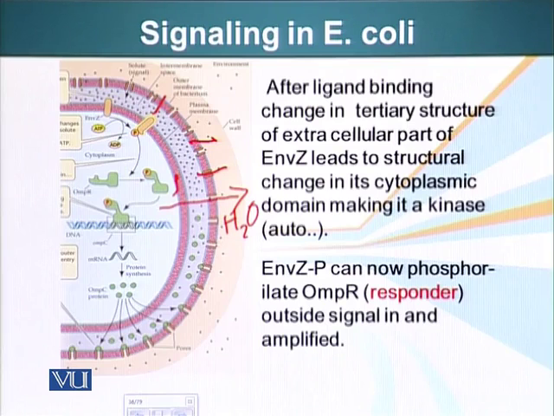When a solute molecule attaches to EnvZ, it goes through a conformational change. This conformational change affects the cytoplasmic domain of this receptor also, and once that happens, when the atoms within this molecule rearrange, a region of this molecule which has a kinase activity, an enzymatic activity,